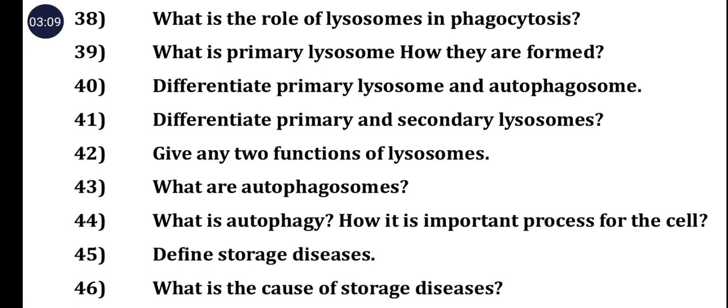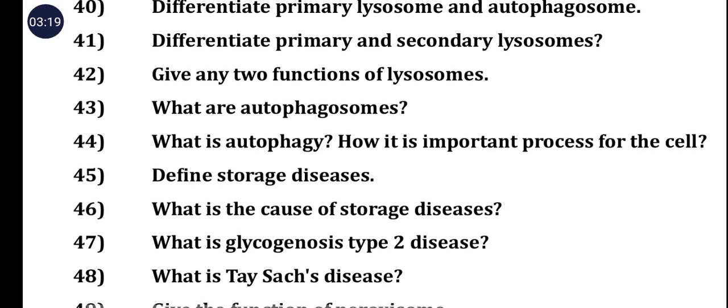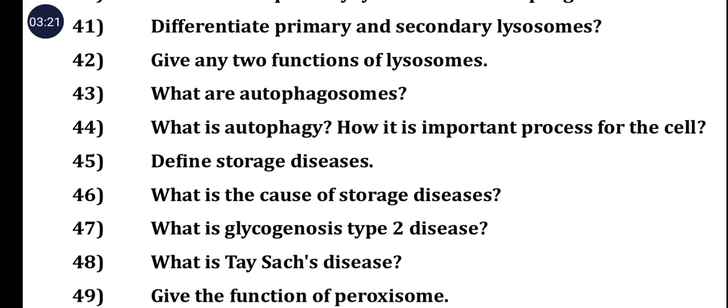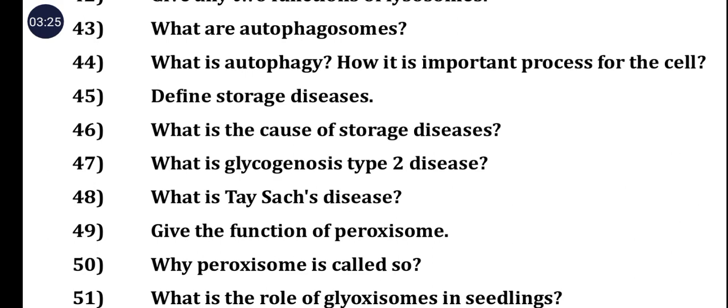What is primary lysosome and how they are formed? बनते कैसे हैं? 40, differentiate primary lysosome and autophagosome. 41 is differentiate primary and secondary lysosomes. 42, give any two functions of lysosomes. 43, what are autophagosomes? ये लाइसोसोम्स वाली जो डायग्राम है उसके नीचे रेड कलर में जो पैराग्राफ है उसके अंदर